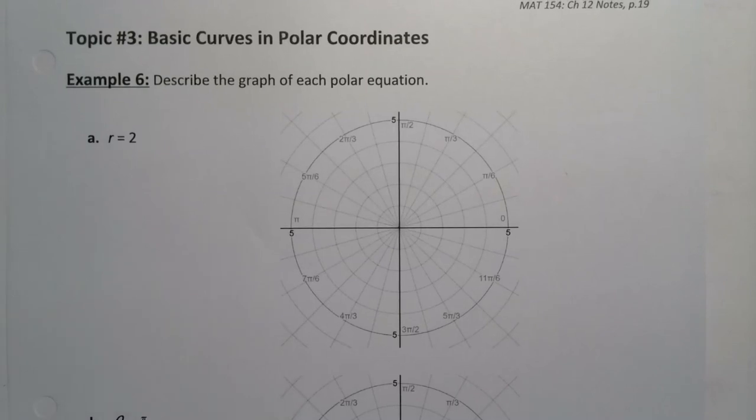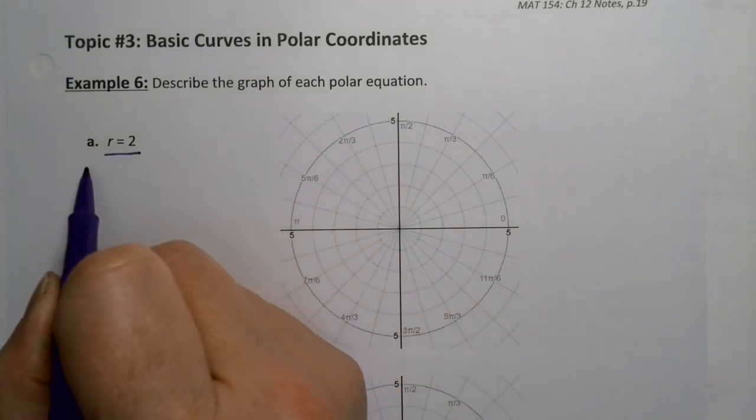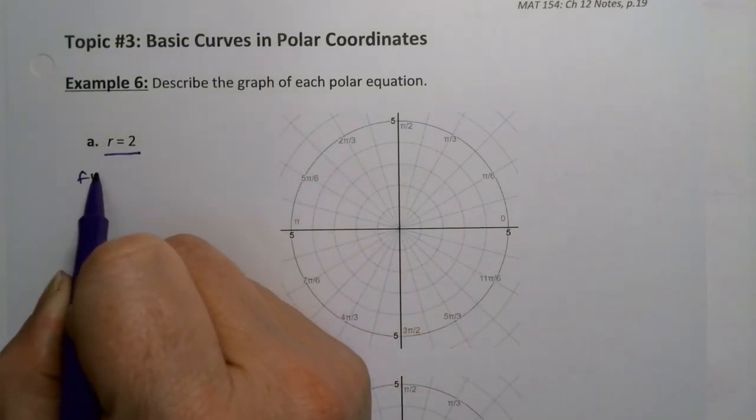So now let's talk about some basic curves in the polar coordinates. These curves are so basic that we'll just expect you to kind of know them. So first of all, let's look at r equals 2. So think about what you're saying. You're saying that there's a fixed radius of 2